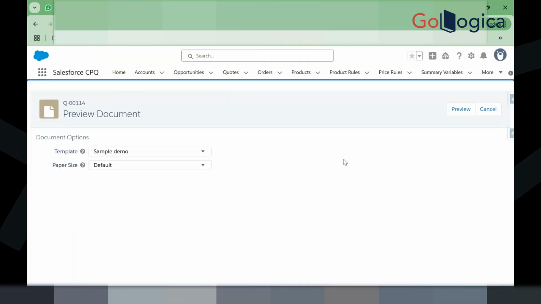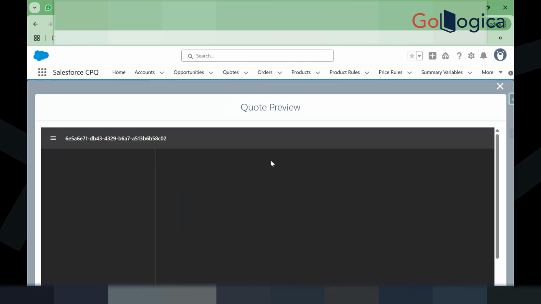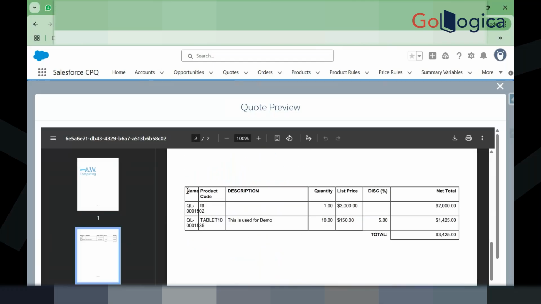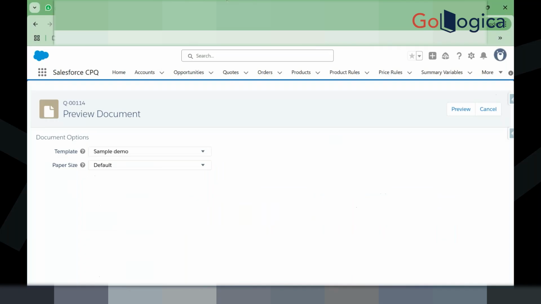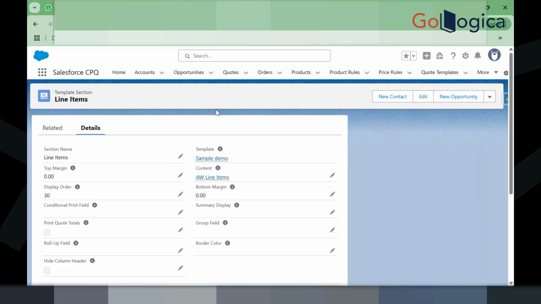So now if you go here and preview this once again, you can see your own details is available here, right? Yes. So in the same manner,